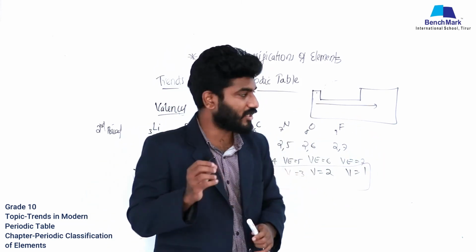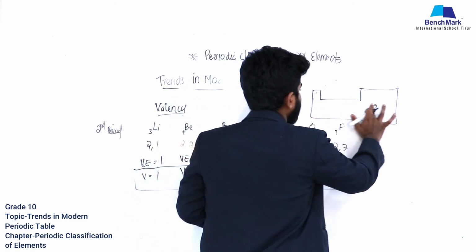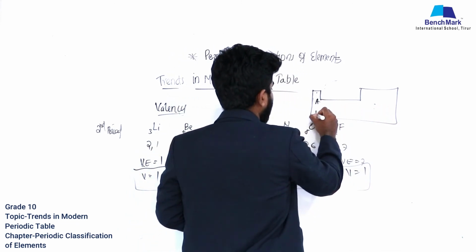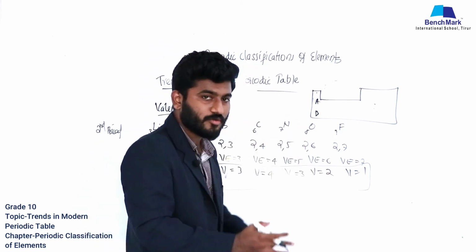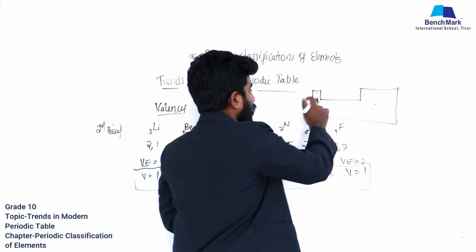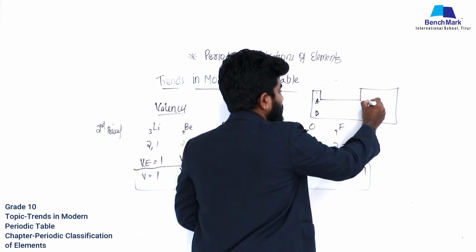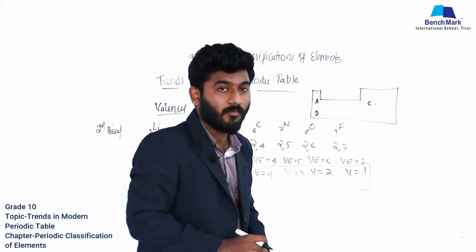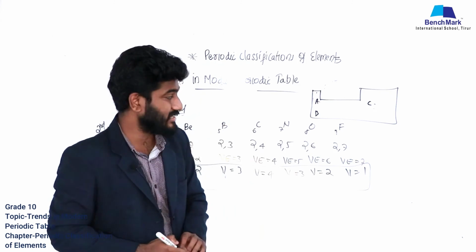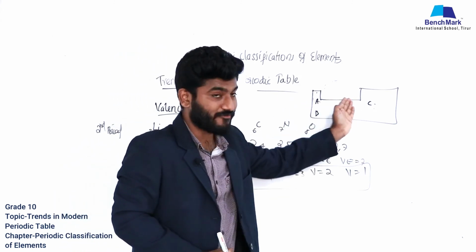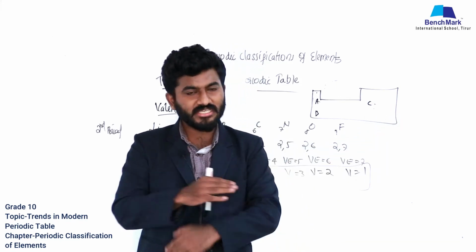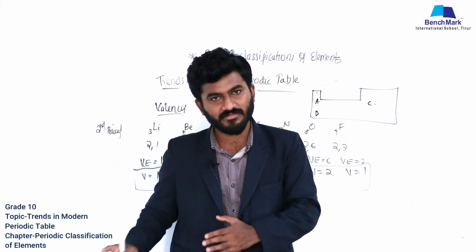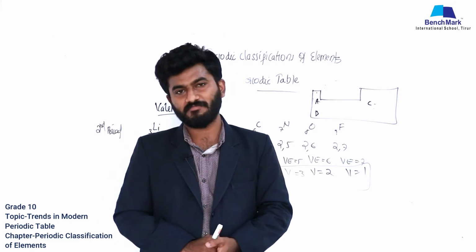And you can expect a question like this. You are provided with elements A and B. Which one has more atomic radius? B, because down the group atomic radius increases. Or A or C, which one has more electronegativity? That is C, right? Because you have to compare A and C. Left to right, electronegativity increases. So you can expect these kinds of questions from the trends in the modern periodic table, and this is